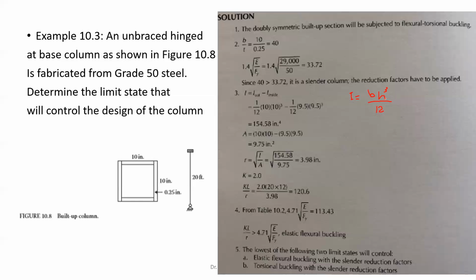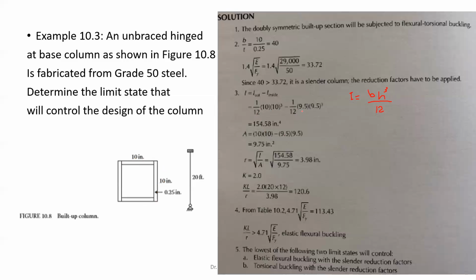Width times the height cubed over 12. So the outer is 1 over 12 times 10, because it's a box or square, so all the sides are equal. It's 10 times 10 cubed, minus